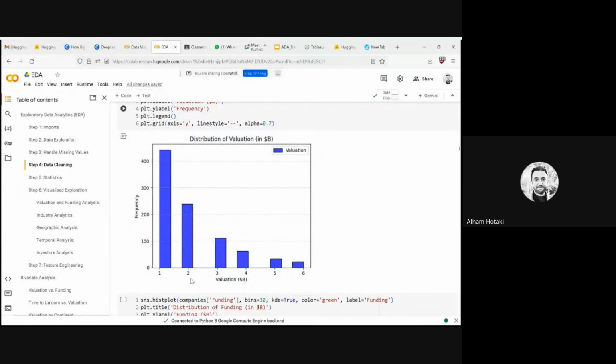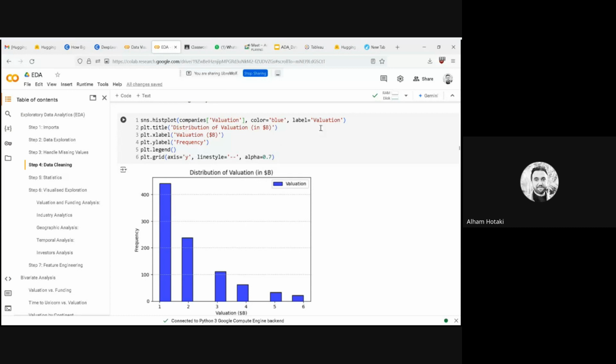This is how you have to put the X axis here, and this is the Y label that you should put there. This is called the legend. This is the label here. You have to include it. And also you have to include the grid, because whenever you're looking, if there is no grid here, for example,